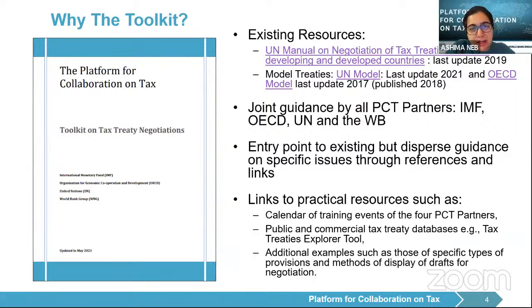Both models are largely similar in structure, but differ in some salient features pertaining to allocation of taxing rights between developed and developing countries. So what purpose does the toolkit serve? The toolkit on tax treaty negotiations is a shorter and crisper piece of guidance on the subject, and it